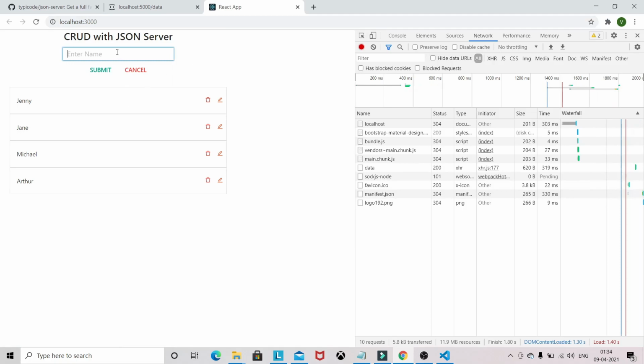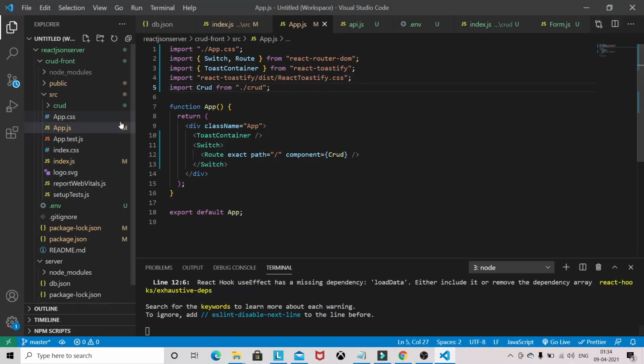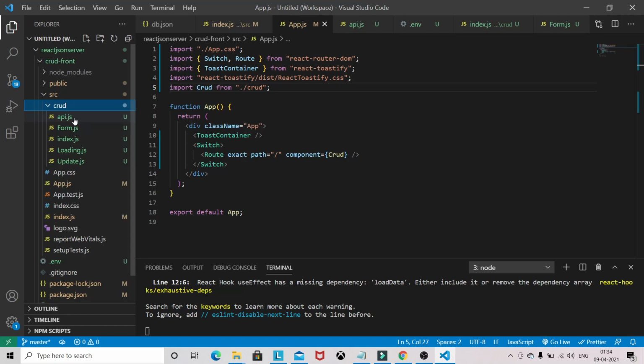So okay, let's create one, James. Okay, so now we are able to get that post notification. So we have covered two operations, like get and post.